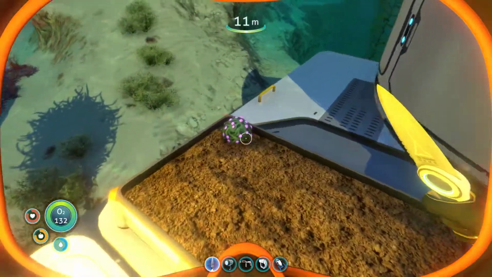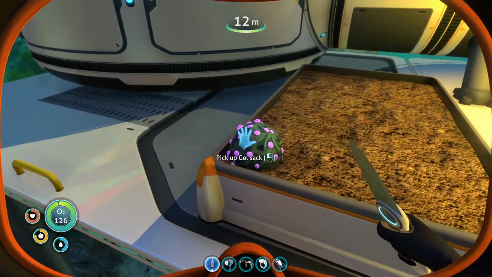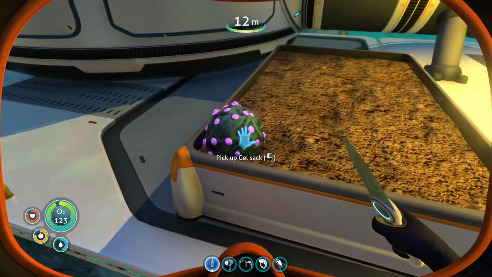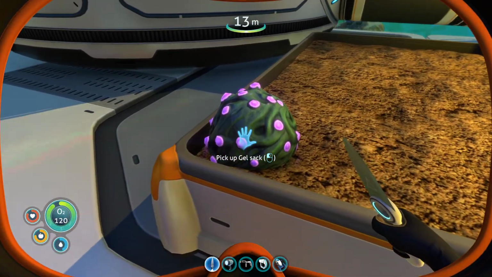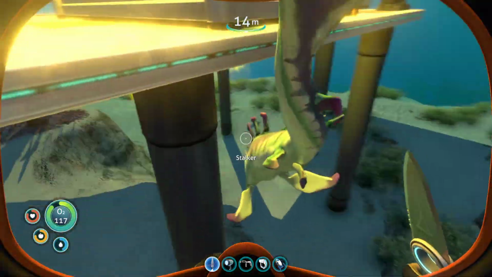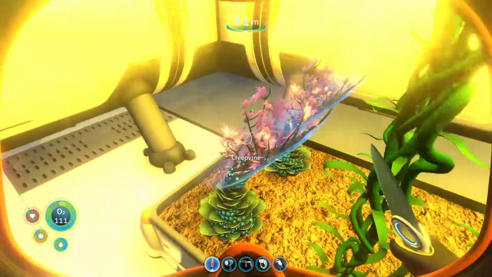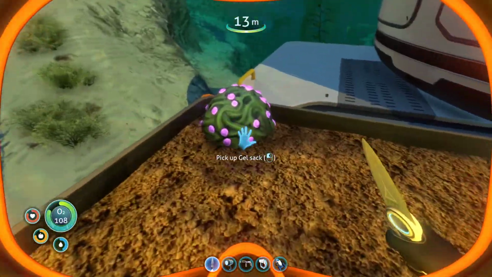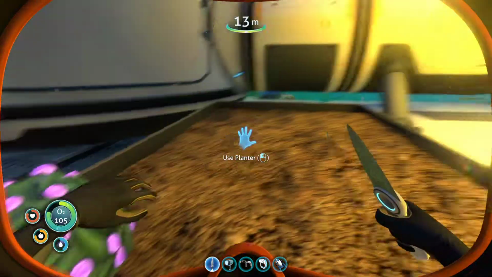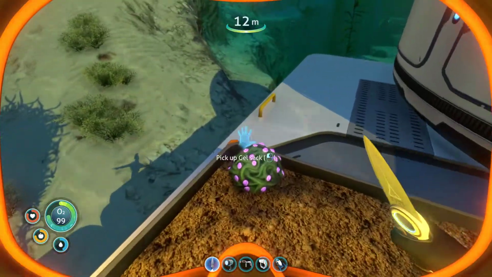So we are going to now go and check on our gel sack and see if it's growing. I don't know. I don't want to break it, you know? I really don't want to break it, but I don't know how long it takes to grow. We're getting attacked by this stalker again. I think we are. I'm torn if we should try to get seeds from it, because I don't know if that's how it works or not. Well, I'm going to leave it as is, and you guys are going to have to let me know. Maybe next episode we will actually get into...